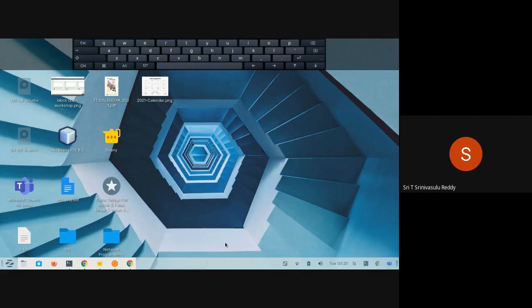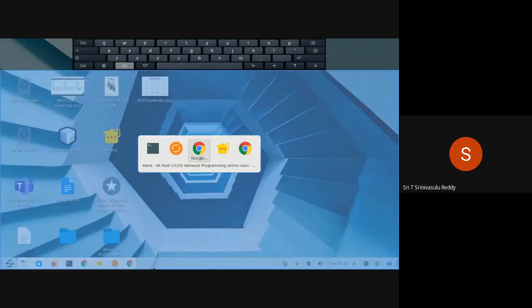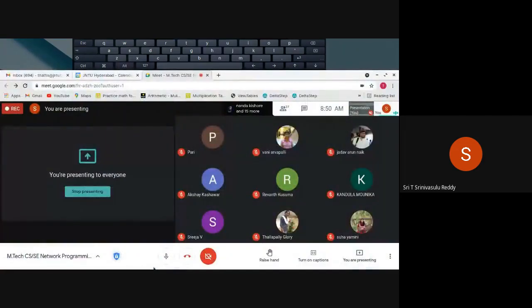Okay. So all that is there, and somehow it is not switching. All right. So let us start then, with Linux. We will be learning many Linux commands, and then use those commands to write programs.